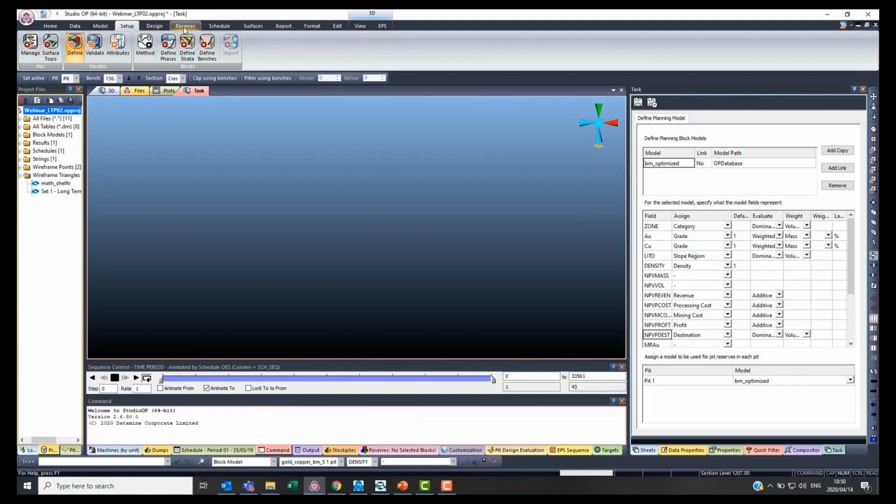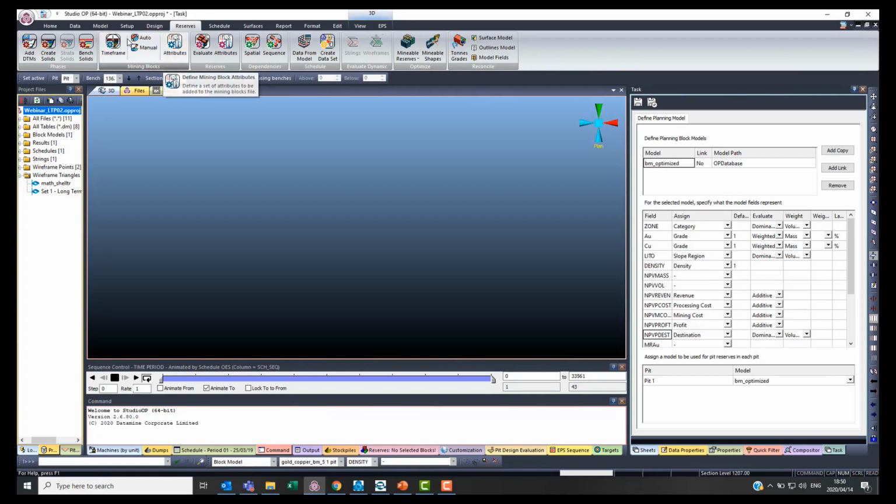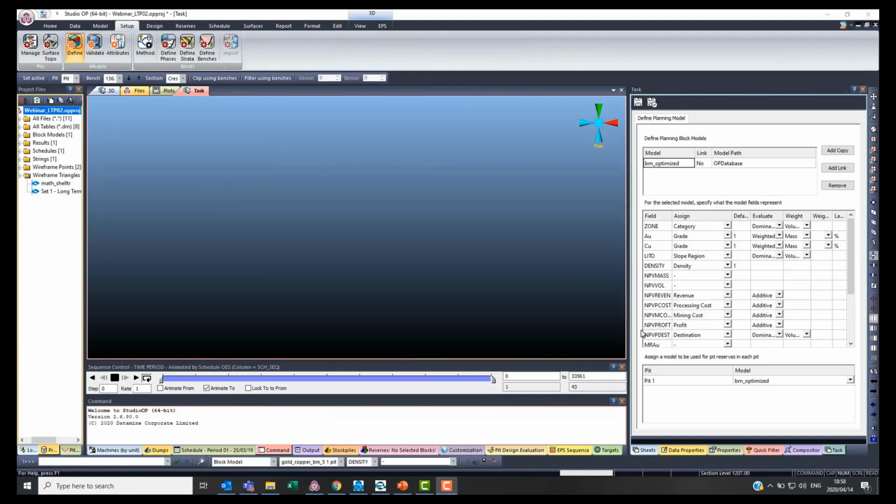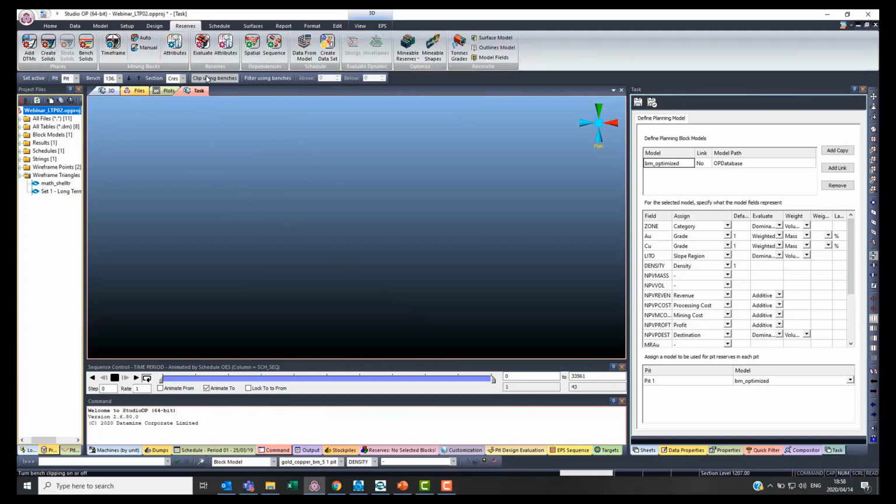Okay? One thing that I want to talk about here, this is just a comment, is that we have two options when creating mining blocks. One is the automatic way, that is the one that I use for this project, that is based on a time frame and a mining rate, and the manual that you can define your grid or use automatic gridding to your project. So once we are done here,